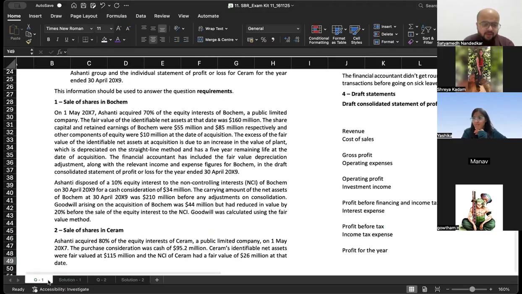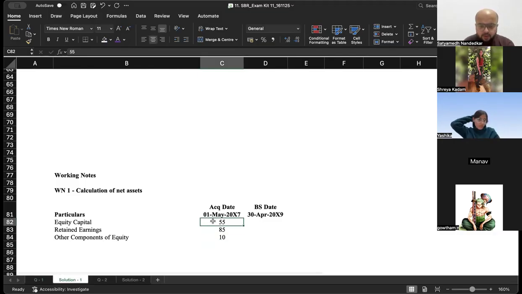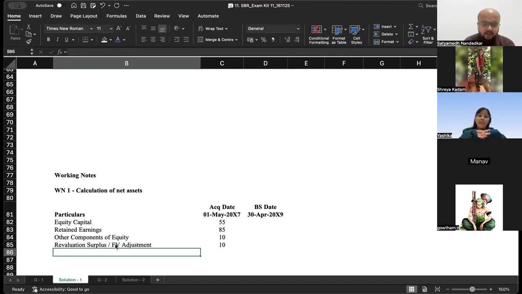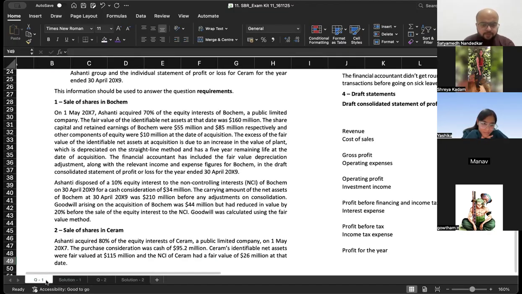What else do you have after that? There is a fair value adjustment. How much was the fair value adjustment? Take the total. What is the total? 150. Revaluation surplus slash fair value adjustment, 10 million. Okay. Now they have mentioned that the carrying amount of net assets was 210 million before any consolidation